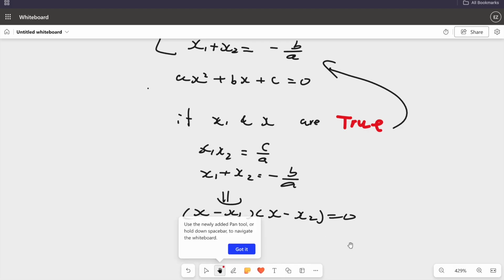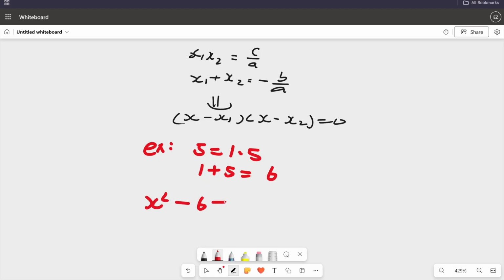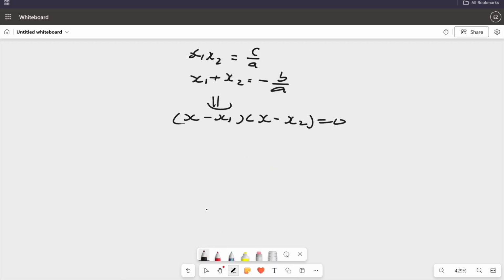So what it means is, say you find two numbers 5 and 1, and you want to form a quadratic. You just do 5 equals 1 times 5 to find the product, and 1 plus 5 equals 6 to find the sum. And then you just do x squared minus 6x plus 5, which should be equal to x minus 1 times x minus 5. Not only that, we can base on the Vieta theory to determine the positive and the